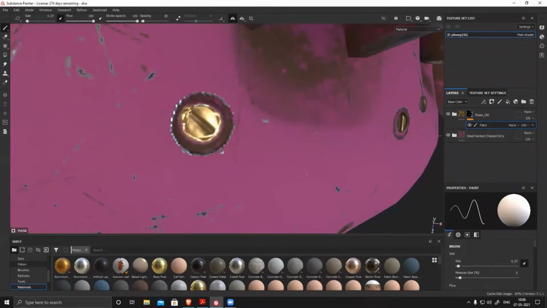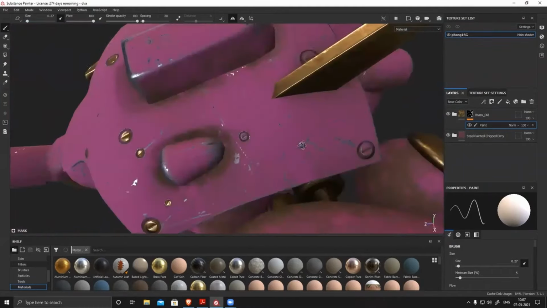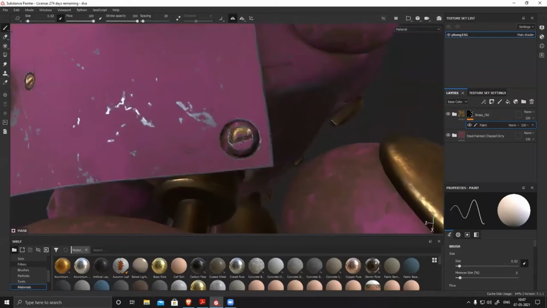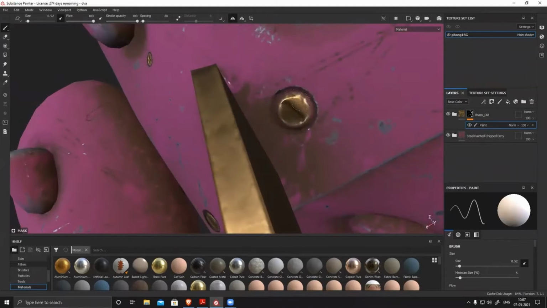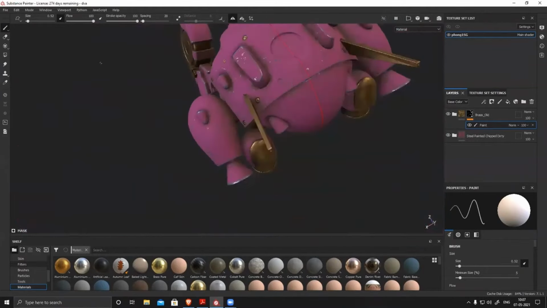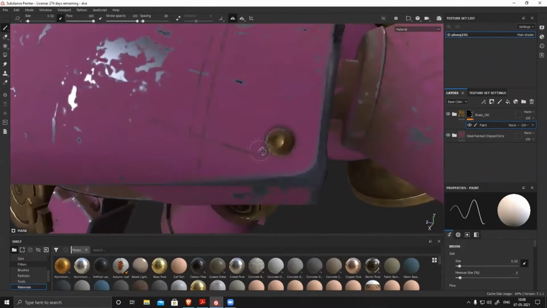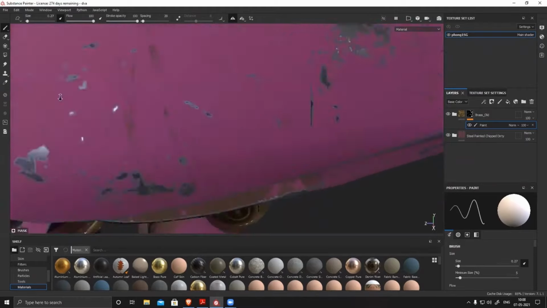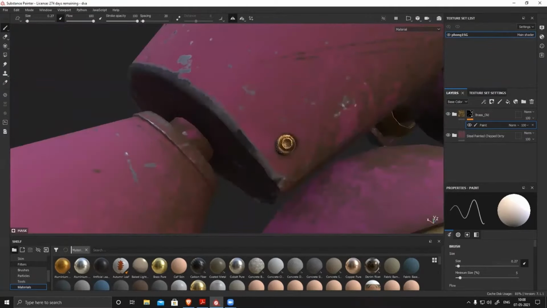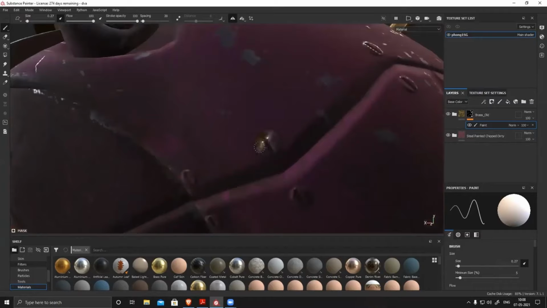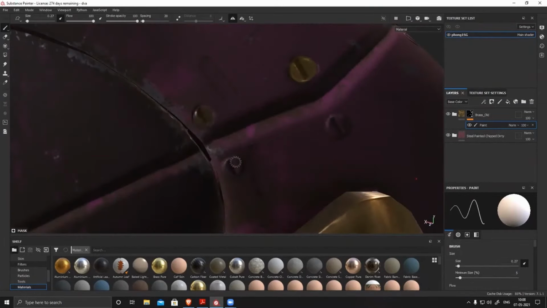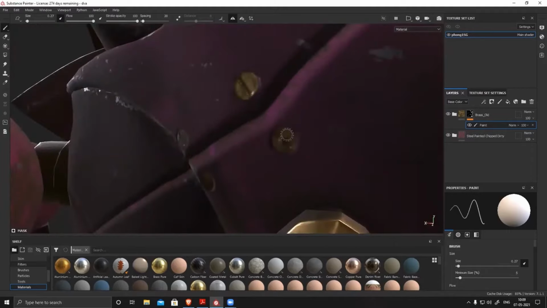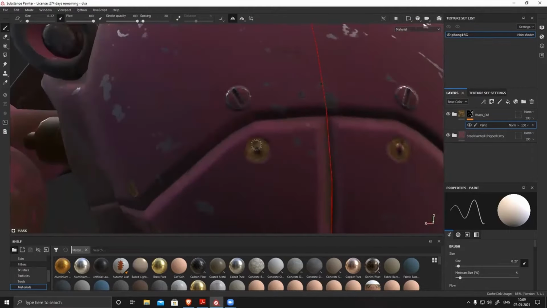So paint it very nicely. You can see we clean the shapes as much as possible. Mask it properly, all the areas very nicely.